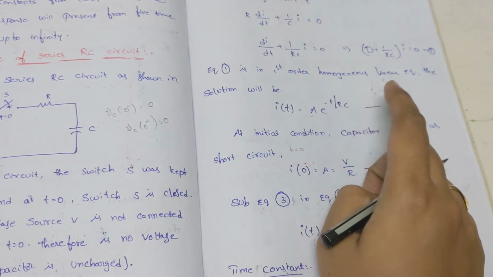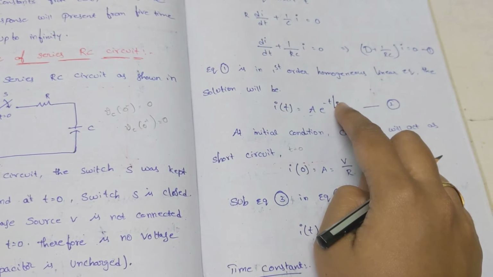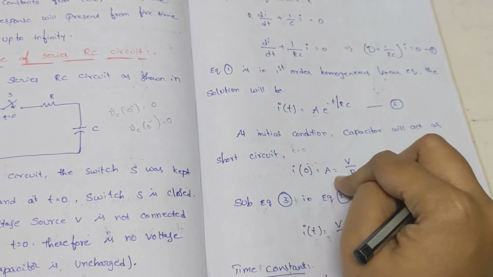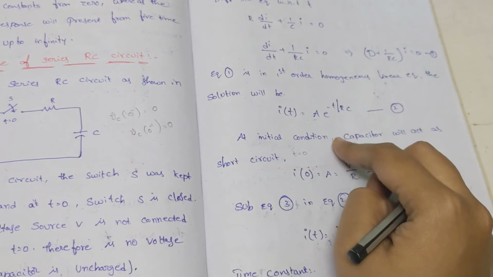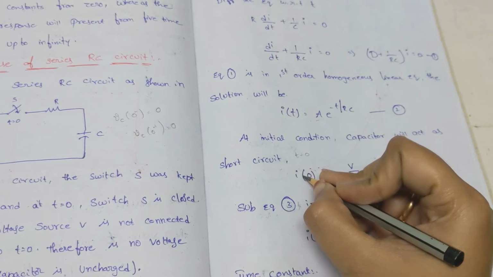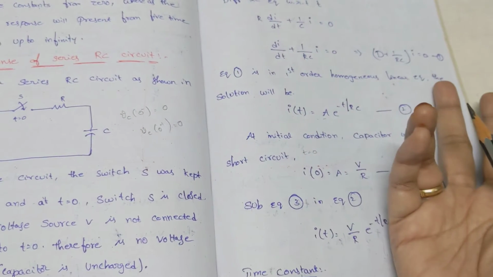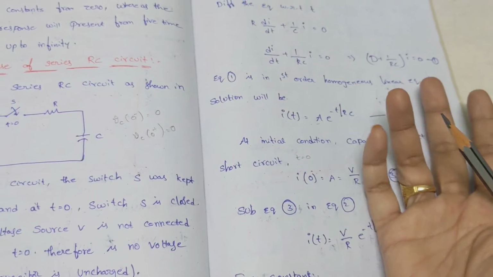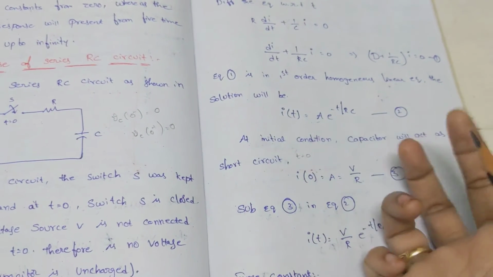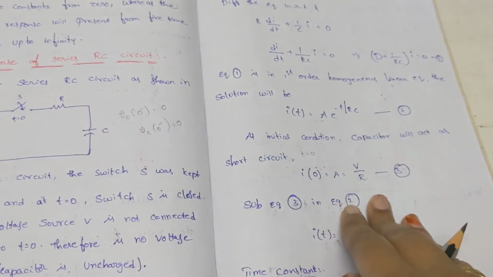E power 0 is nothing but 1, so I of 0 equals a. In the previous condition, what we applied is that the nature of an inductor doesn't allow a sudden change in the current, so the same current, when it is open, we say it will be equal to 0. Right now, please consider this.